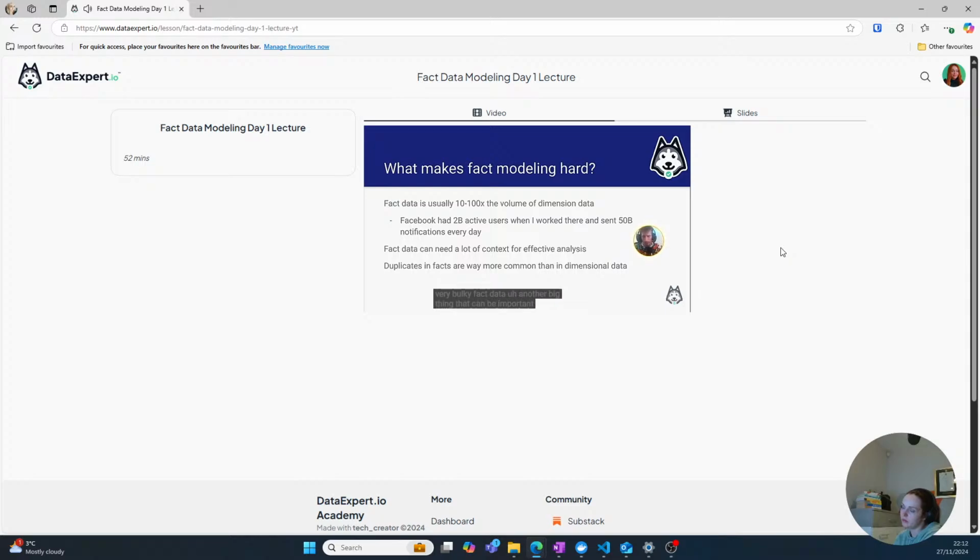Another big thing that can be important with fact data that is less important with dimensional data is you need context for effective analysis. For example, say we sent a notification. Well, that fact in isolation is pretty terrible. It doesn't really provide any insight. But say we sent a notification and then 20 minutes later you clicked on it and then 5 minutes later you bought something. And we have that funnel of sent to clicked to bought. And we have that funnel analysis. And then we have all three of those facts in a line. The first one, we sent a notification in isolation, is worthless. But if you have those three facts together, then you can have a $50 billion business, because